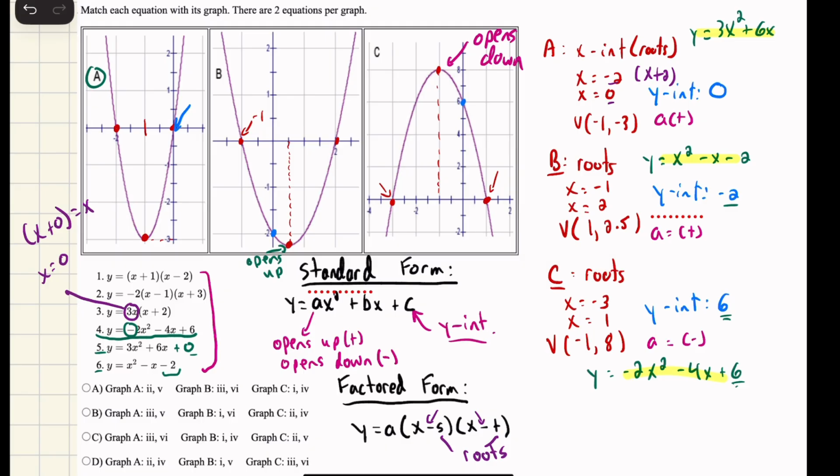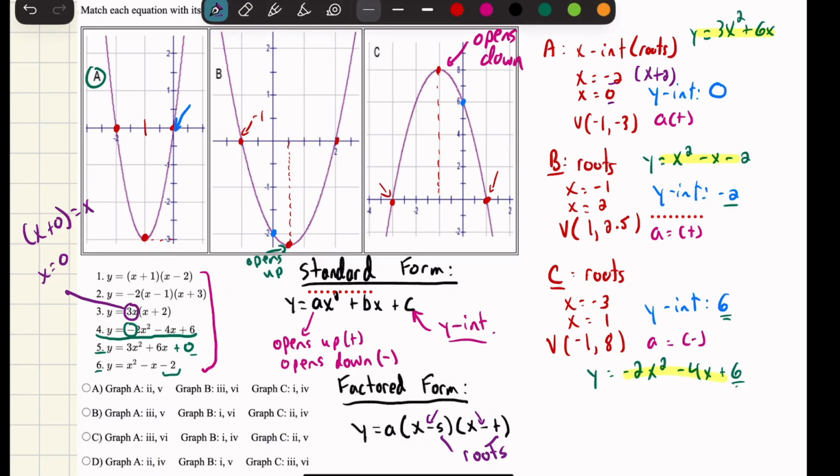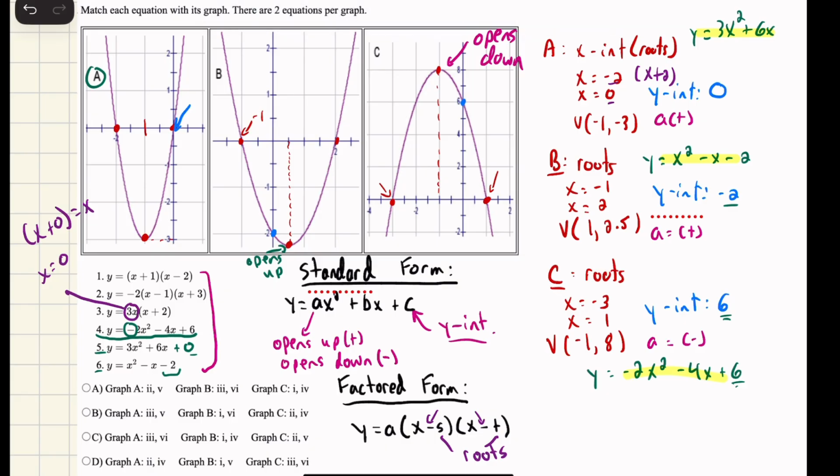So now in terms of that 3, again, we don't know what the exact value of the A equation would be. But given that it's a positive value, indicating that it should open up, that would also match this graph here. So for our second equation in factored form, we're going to assign it 3x and then x plus 2. What I do want to also draw your attention to with regards to the A values is that A should be the same in both the factored form and the standard form. So 3 here means it should be 3 there as well. And so this is the equation that matches